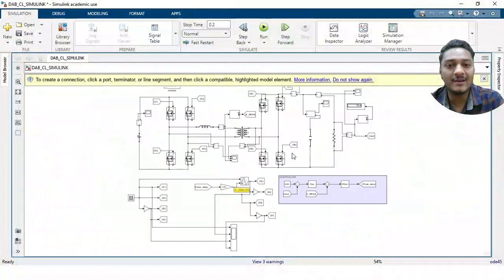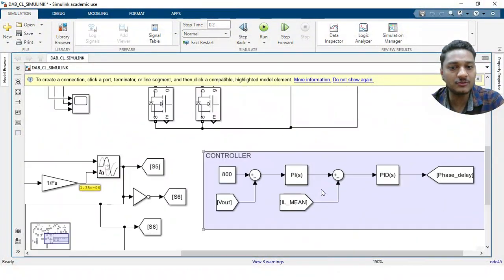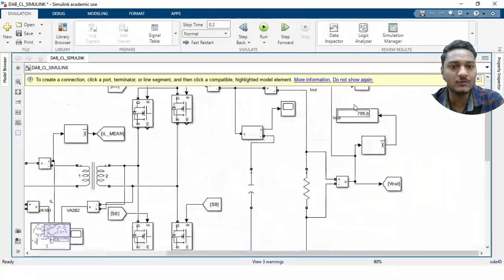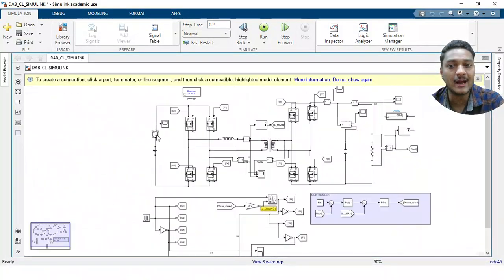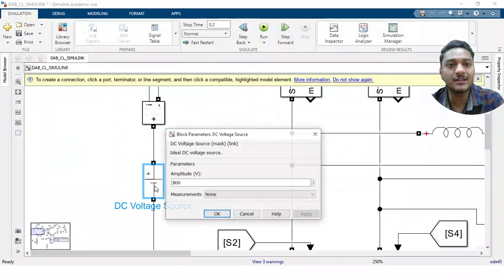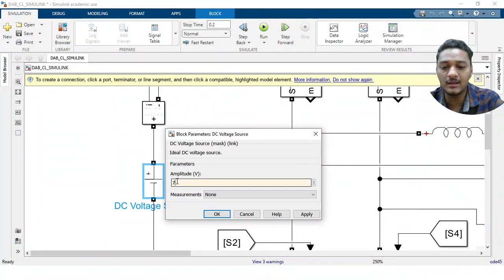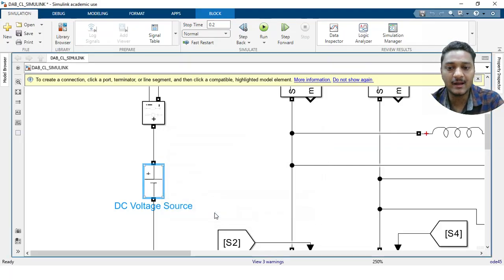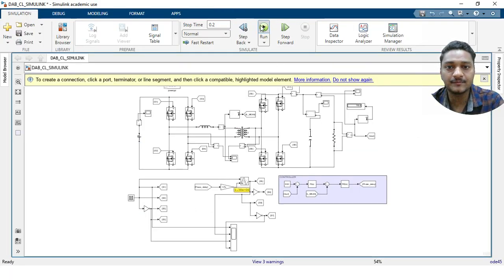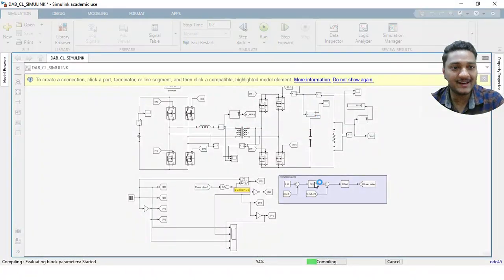Now where I am interested, okay, with these particular values I am reaching nearby my output voltage of 795. Now try to observe if I change my input. Now it is 750, I will make it from 800 and try to run the simulation. What will happen? So these are error and trial values. Okay, if you tune this value